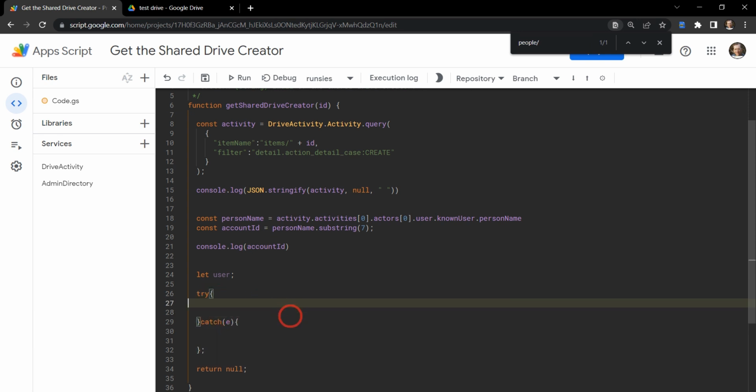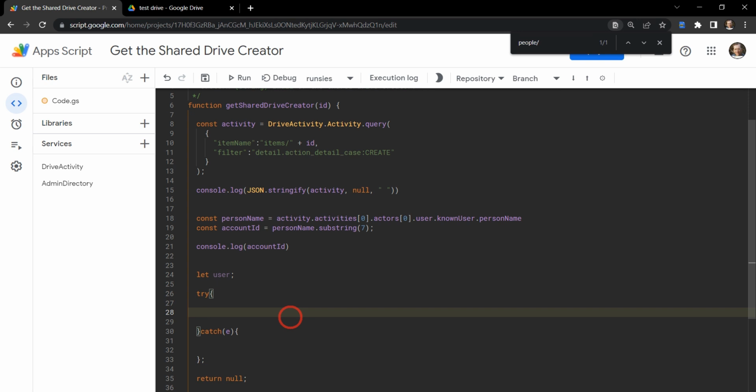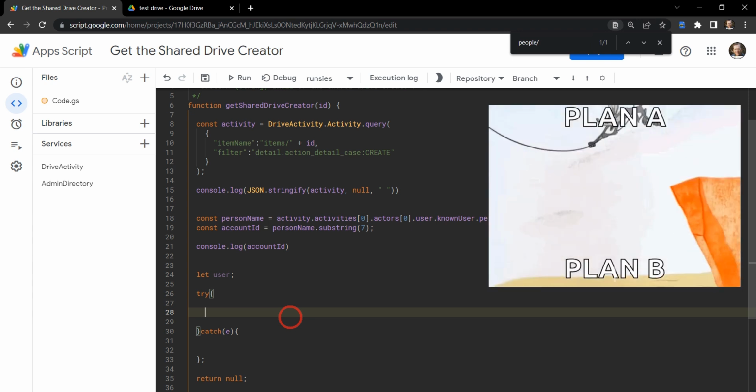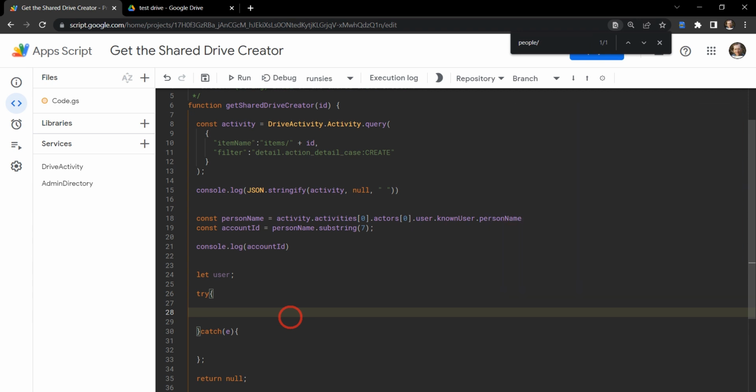Nice. Cool. All right, so we're going to do 2 things here. Our priority is to try and use the admin directory as an everyday user, not a super admin like I have when I'm using this current account. So we can do that by invoking the domain public view type and then running the script to get the email address. Now, if I'm a super admin and I try and do that, I'll get an error. So I want to fall back to the standard way of doing things. So as an admin, I can access the email as well. So this is what we're going to do now. So this is going to be if non-admin